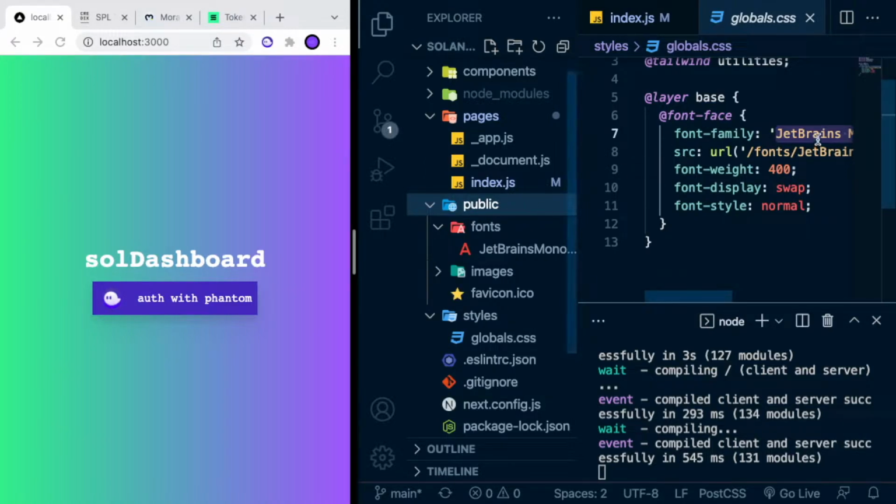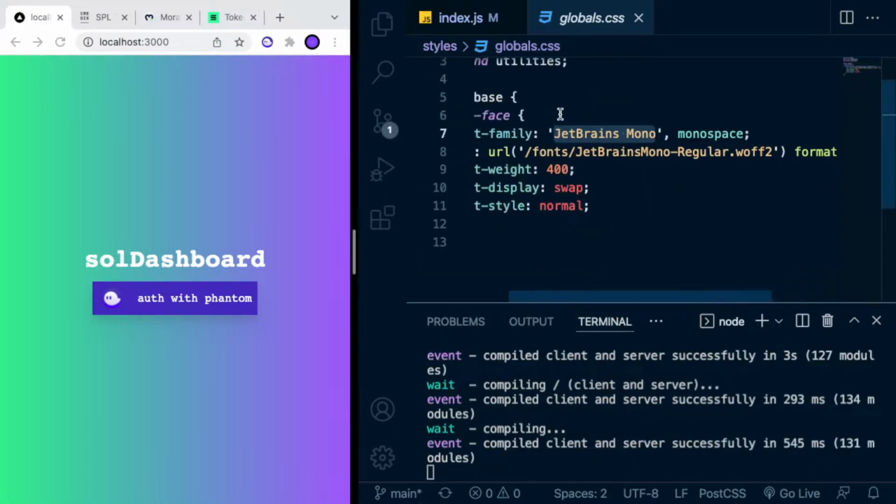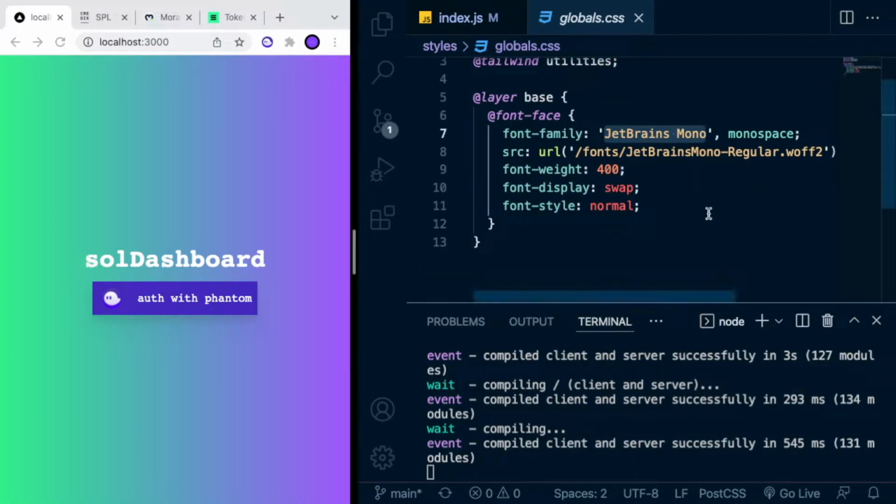So Next.js already knows that this one points to the public folder, so we start with /fonts, JetBrains Mono Regular WOFF2, and format WOFF2, and in this way we correctly load this custom font right here. So now that this brief code walkthrough is done,